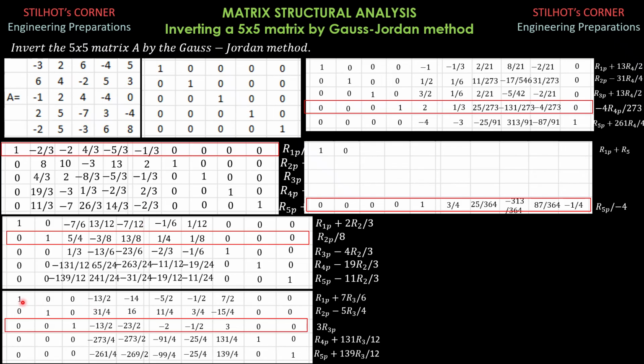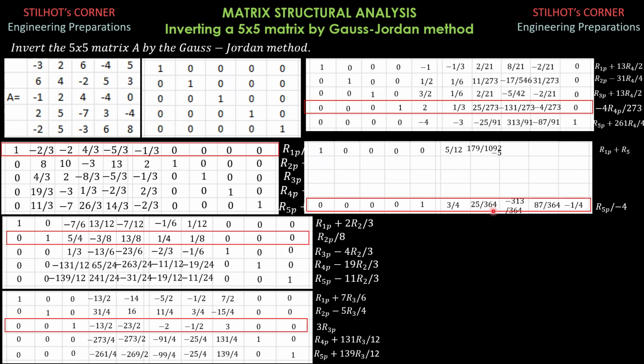So row 1 elements, previous. Let's make this 0. So it should be row 1 previous plus row 5. That's the formula. So that this is 1, 0, 0, 0, 0. Negative 1/3 plus 3/4 is 5/12. 2 over 21